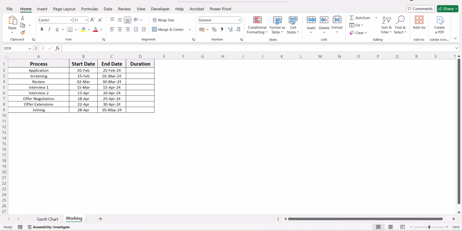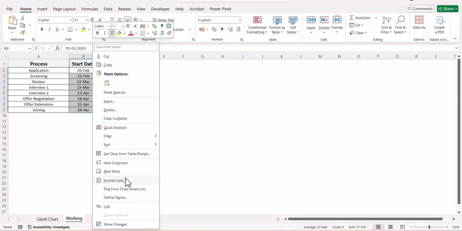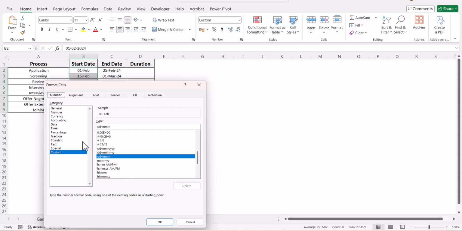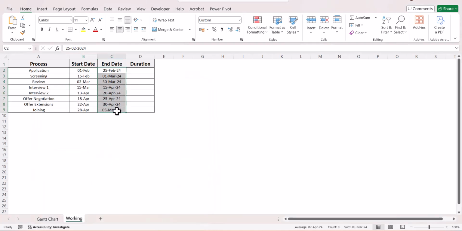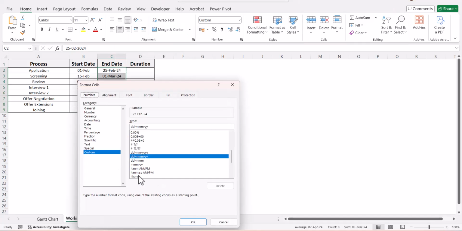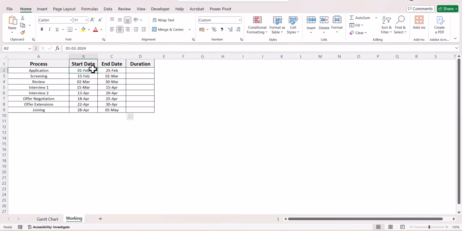So first what you need to do is change your data format. So you go here, you go to format cells and ensure that it's custom and DD MMM. So DD-MMM. Let's do the same for the other. To format custom DD MMM. So you see it shows only the day and the month, but if you look at the data, the complete